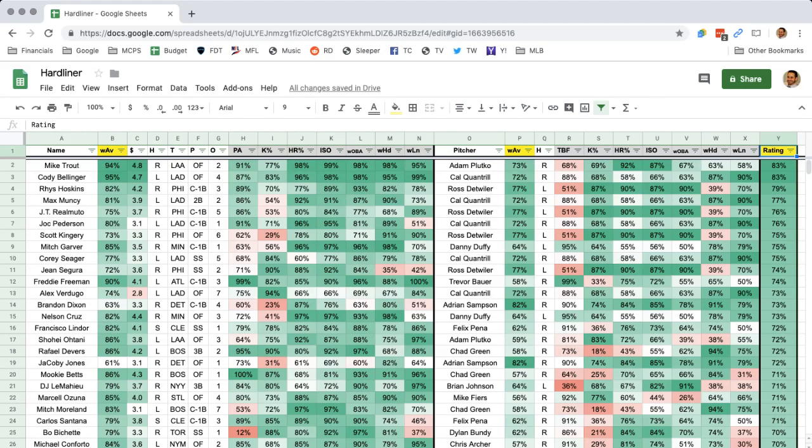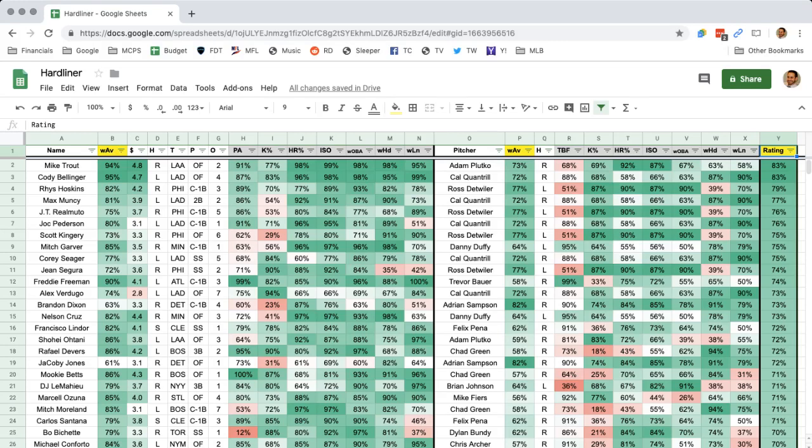I'm going to give you a brief intro to this sheet. I know that every time I'm streaming, it seems like I'm coming up with some new sheet, and that's cool, man. It's fine. You've got to always mess around, evolve your thinking, try to get better. So with this one, I'm combining lots of different metrics, some traditional, some not so traditional, and I try to merge it all together into one easy to understand package.